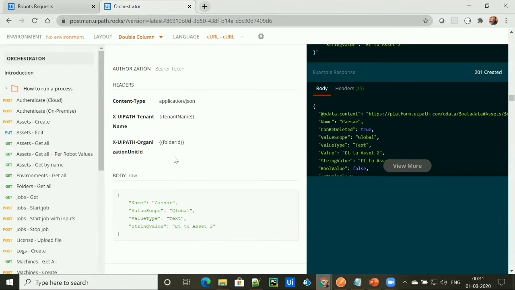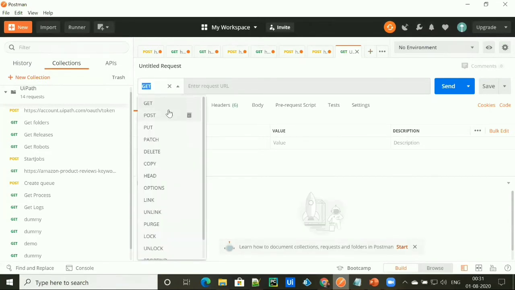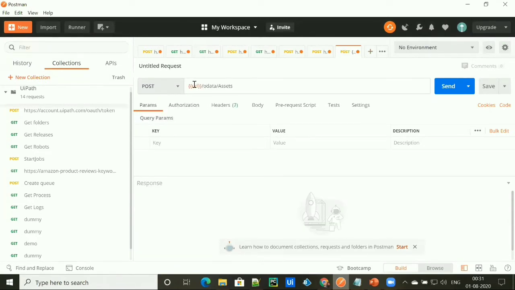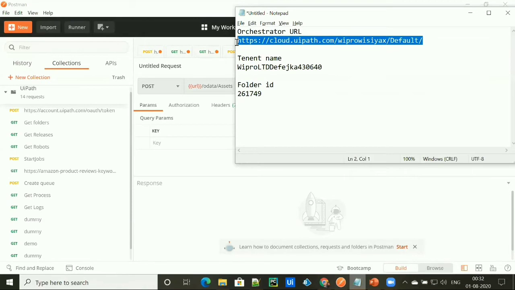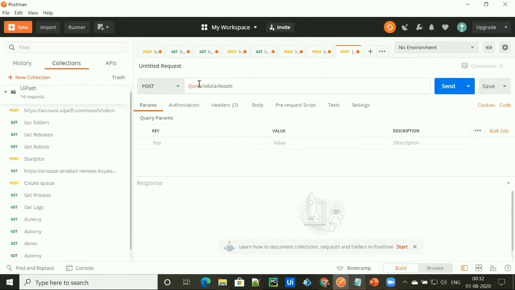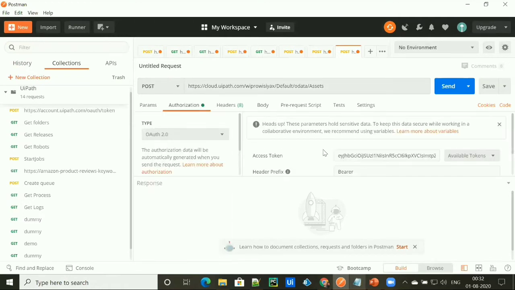So let's go ahead and see how we can create an asset. Let's select the type as POST. Replace this URL with your orchestrator URL. I have already shown you how we can get the orchestrator URL and how we can get the tenant name. Select the authorization, and it will automatically take the access token from the authenticate request API.